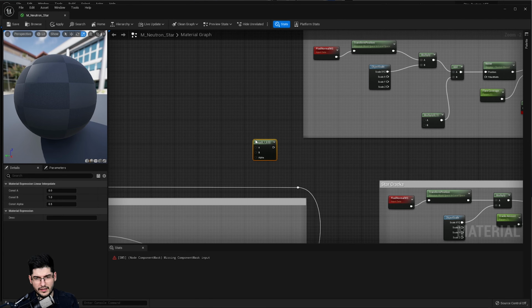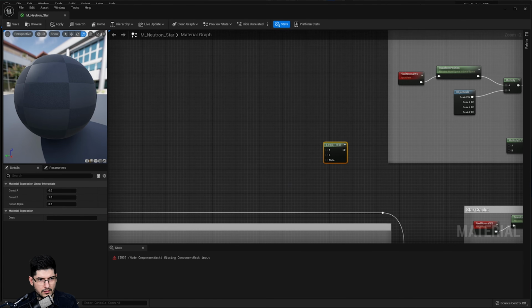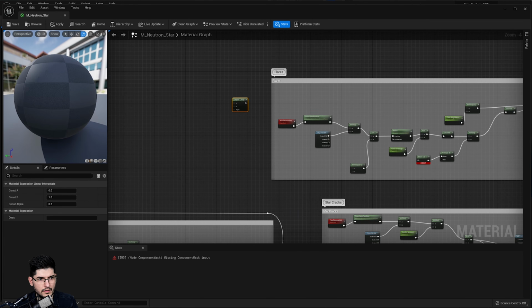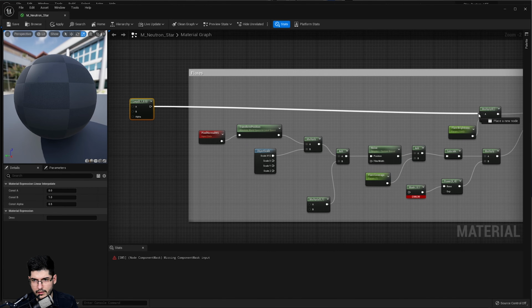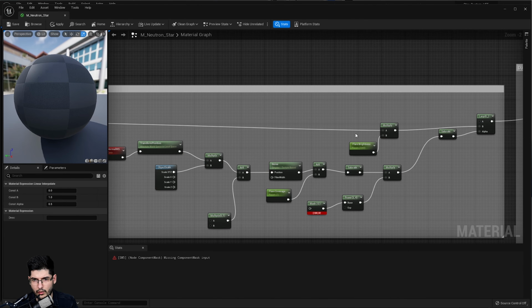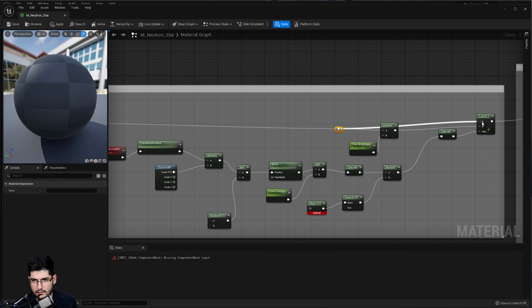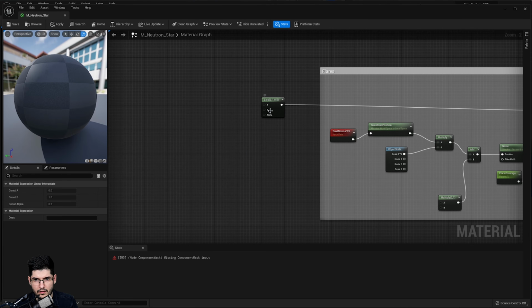So I just want a linear interpolate. This will connect to our flares, and we want this to go into this multiply node over here, but we also want it to go into that lerp. There we go. Okay,